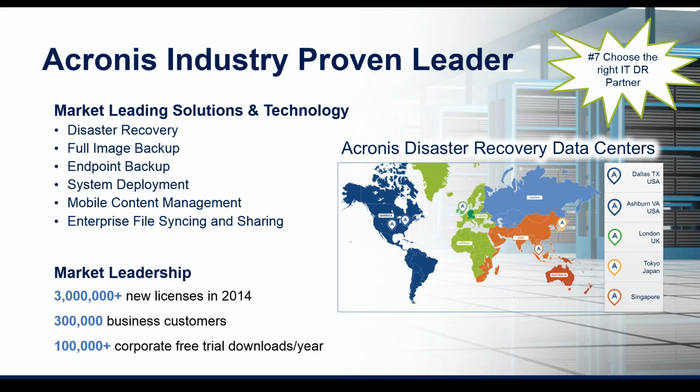And on top of that, we went from being a primarily North America service provider of our solution to being a global provider. So today we have two, and these are our disaster recovery data centers. We also have additional backup-only data centers. So today we have 2 data centers in North America, one in Dallas, Texas, one in Ashburn, Virginia. We have another data center in London. We have another data center with one of our partners in Japan. We have a data center that's coming into Singapore, and actually the one that's not on here, we also have a data center that's up and running in Frankfurt, Germany.